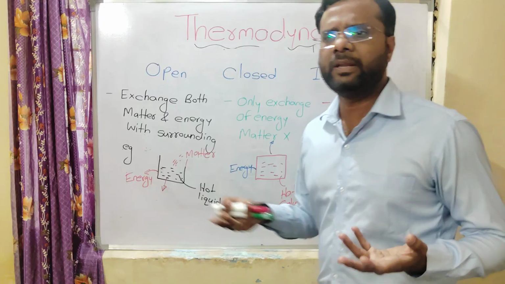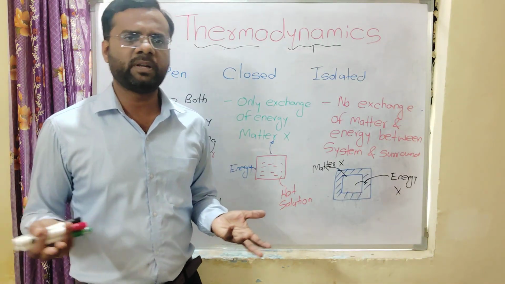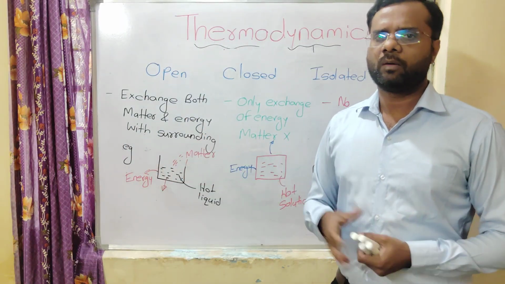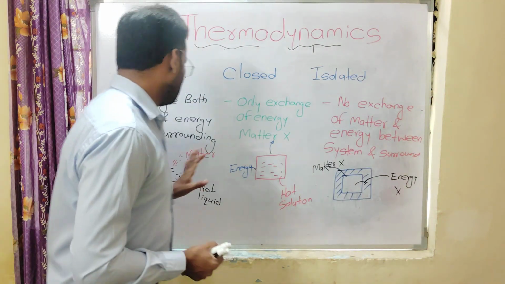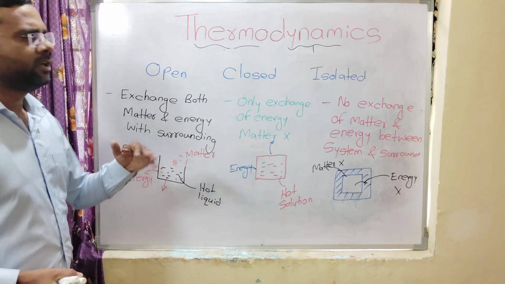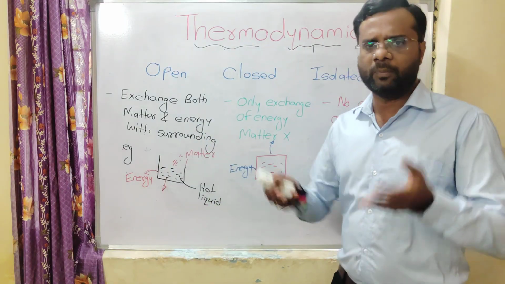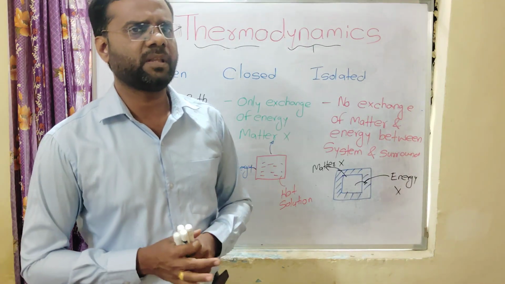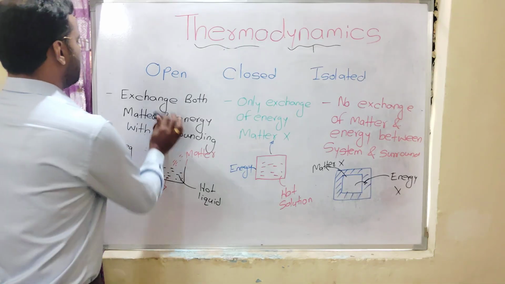We already see there are a lot of examples in our household things, just like in the kitchen, if we keep water on the gas and the water is heated, and we are not using a closed vessel, we are just using an open vessel, at that time we can see that steam comes out from that vessel, and also energy from its wall is exchanged. So these are common examples, nothing different. Okay, so these are the three types of system. In the next part